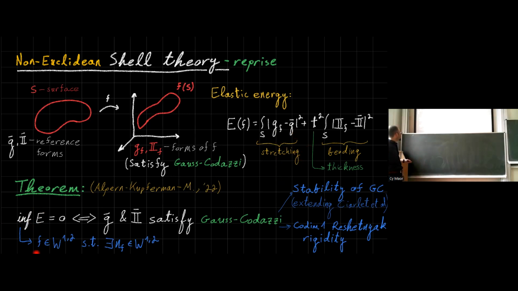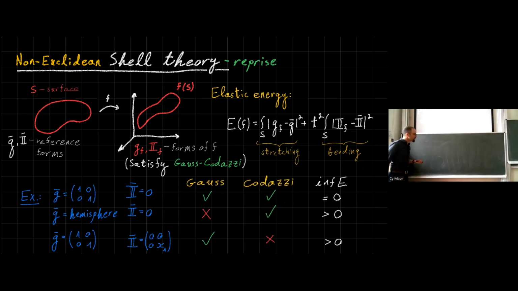So you take W^{1,2} functions whose derivatives have full rank almost everywhere, so the normal is defined. And then you also assume that the normal is in W^{1,2}, so the second fundamental form is square integrable. Okay? So this is another kind of rigidity type result. And here are some examples.